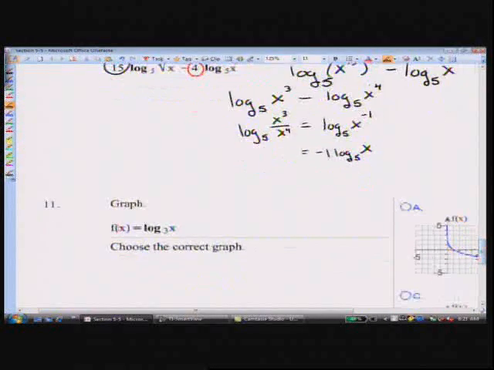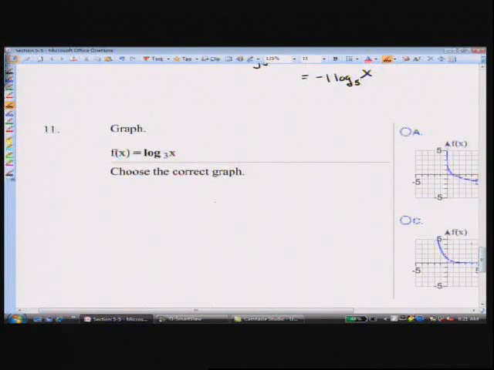Now let's look at number 11. It says, choose the graph of log base 3 of x. And so remember, we don't know just yet how to graph this on our calculator. So you want to consider 3 to the x, because that's the inverse function. And so if you think about 3 to the x, if you pick some numbers, negative 2, negative 1, 0, 1, 2, you'll get